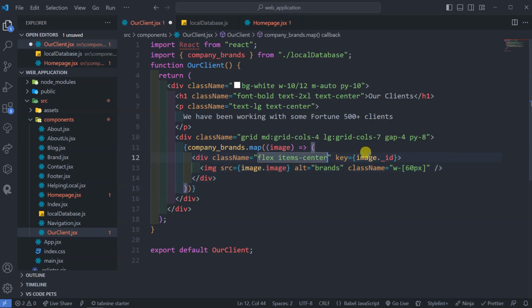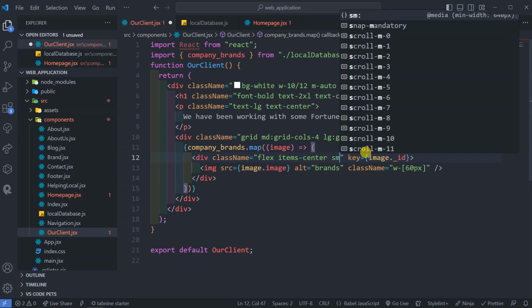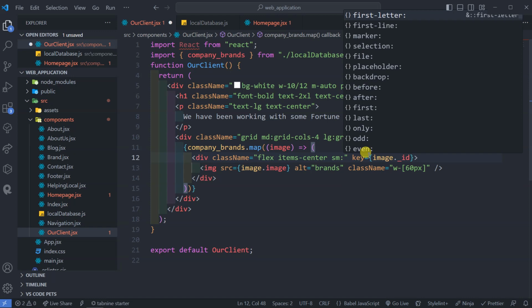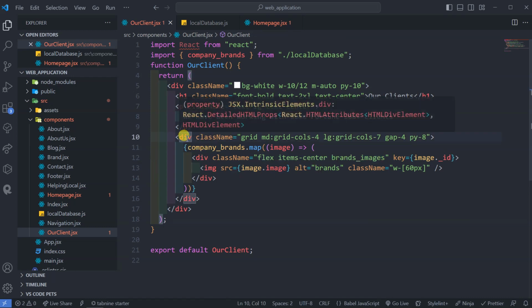Just give a class to this div, which is going to be called brand underscore images, like this. Then to hide this one not to appear on our screen, because we have a grid system here,